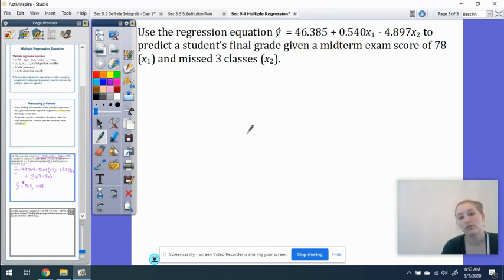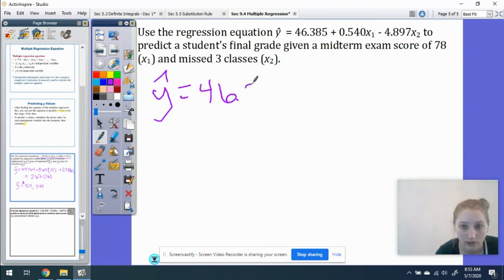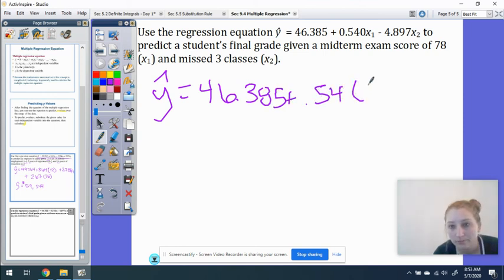All right, so we have another regression equation, and this is helping us to predict a student's final exam grade given their midterm score and 3 missed classes. Okay, so let's go ahead and plug this in. 46.385 plus 0.54 times 78 minus 4.897